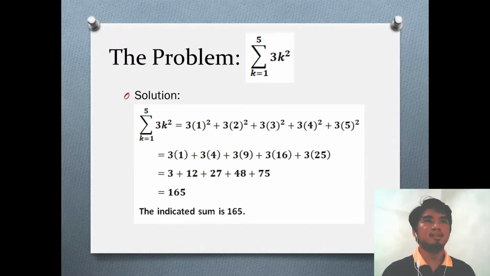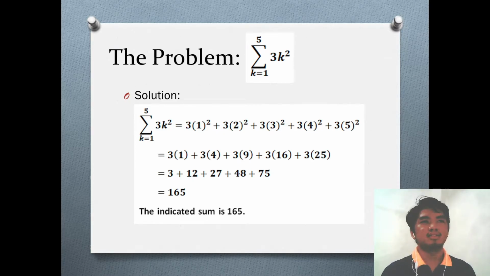So the next problem is 3k to the power of 2 with a summation of 1 to 5. So the same process, we're gonna substitute the values of k into 3k to the power of 2. So 3 times 1 to the power of 2, 3 times 2 to the power of 2, 3 times 3 to the power of 2, and 3 times 4 to the power of 2, plus 3 times 5 to the power of 2. So we're gonna first get the power of each